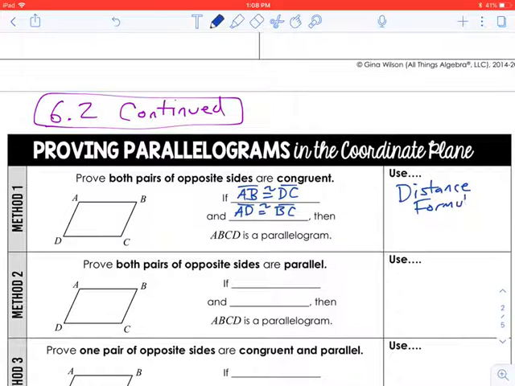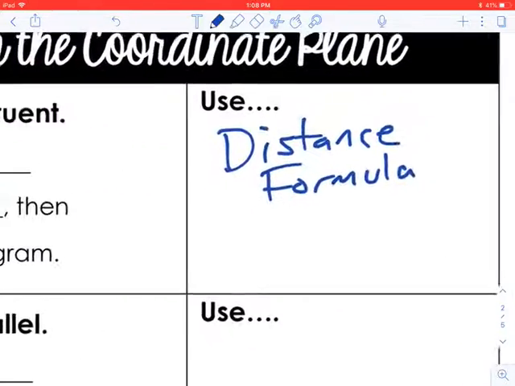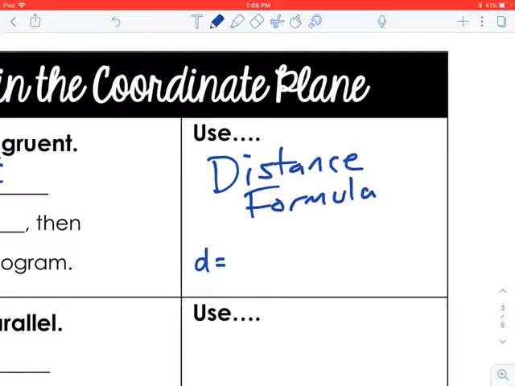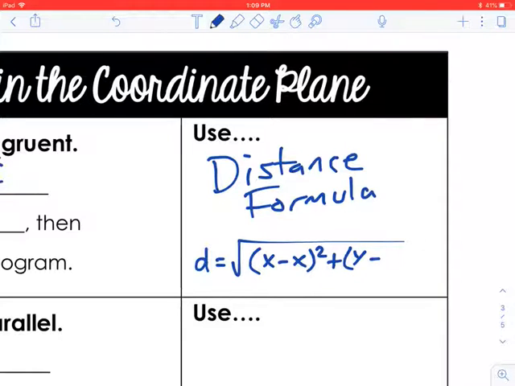Remember, the distance equals the difference of the x's squared plus the difference of the y's squared, add those together and then take the